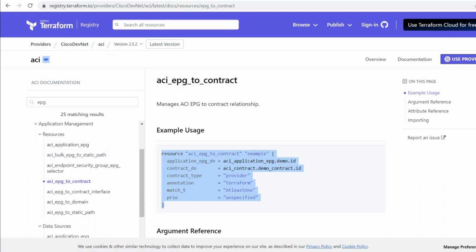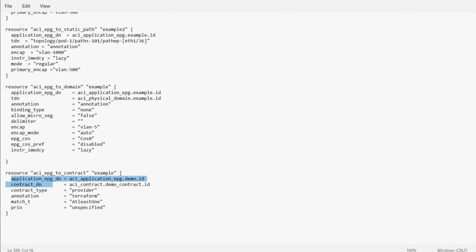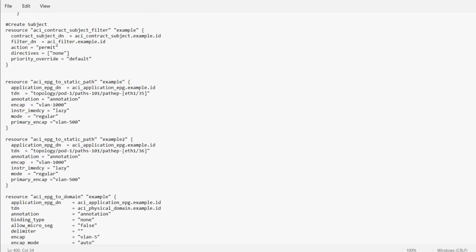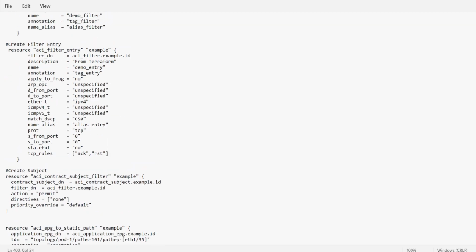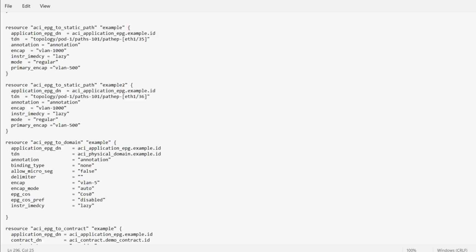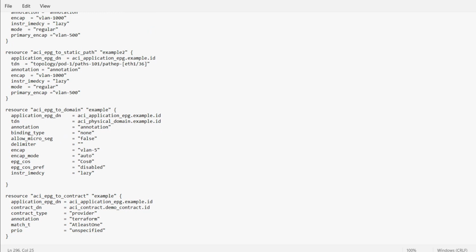So I'll copy this one and will paste here. Application EPG relation. So ACI application EPG dot demo dot id. So demo should be replaced with this example because we used this name, and contract DN ACI contract demo. So we'll need to check for our contract and then we can modify this statement. So ACI contract name is this, ACI contract subject, ACI contract. Okay, so ACI underscore contract is the name of our resource. So I'll need to replace ACI underscore contract. This I'll remove and type example,